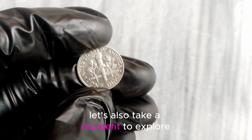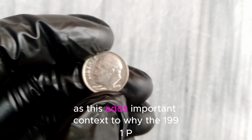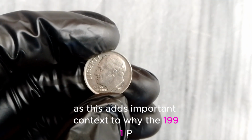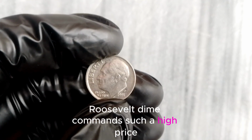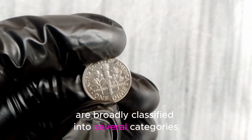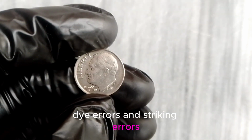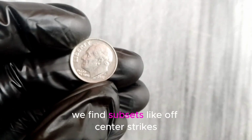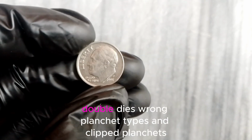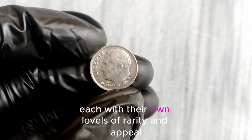Let's also take a moment to explore what makes error coins in general so desirable, as this adds important context to why the 1991 P. Roosevelt dime commands such a high price. Minting errors are broadly classified into several categories, including planchet errors, die errors, and striking errors, and within these, we find subsets like off-center strikes, double dies, wrong planchet types, and clip planchets, each with their own levels of rarity